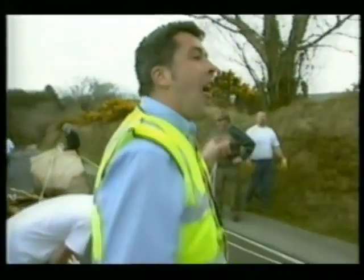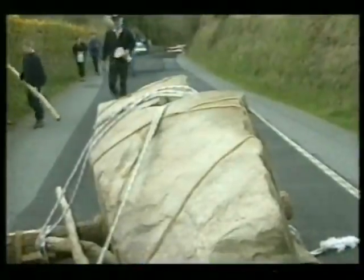Turn round and look at what you've just pulled the Millennium stone up. Well done. Let's have a check of people. Yeah, well done. Makes lugging the